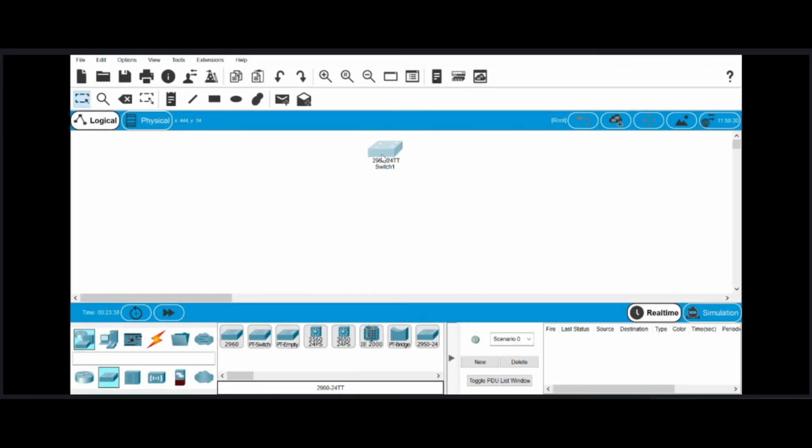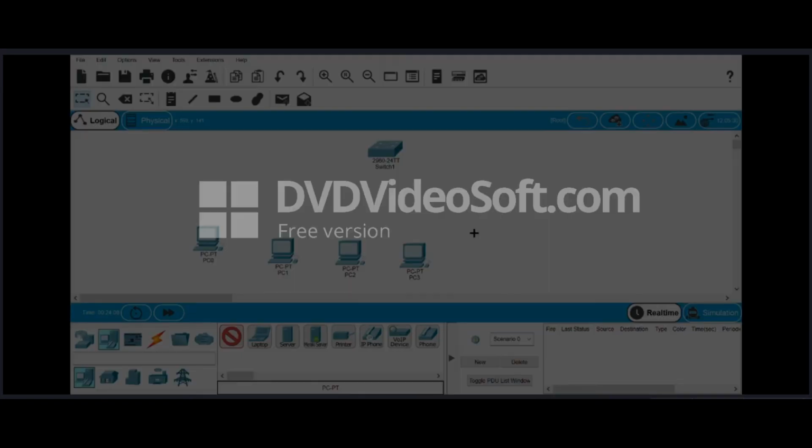Now that we have selected our switch, we'll be needing a few end devices. So if we take this, okay, some people might find it a nuisance to go on continuously picking this up. So what we can do is, I have pressed control on my keyboard, and if I select this now, I can directly select several devices.